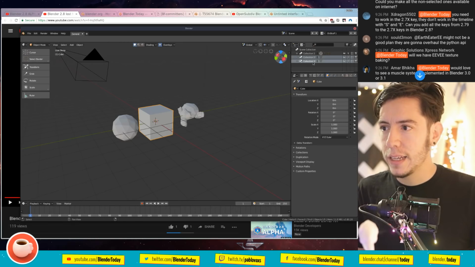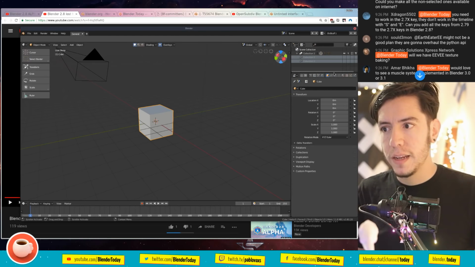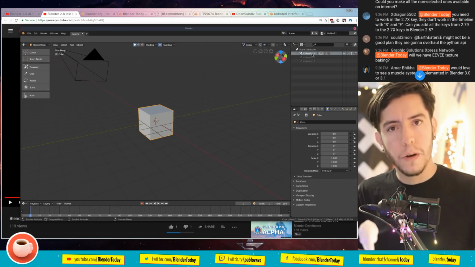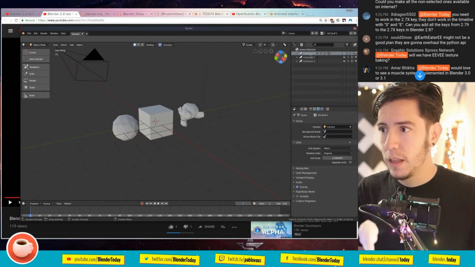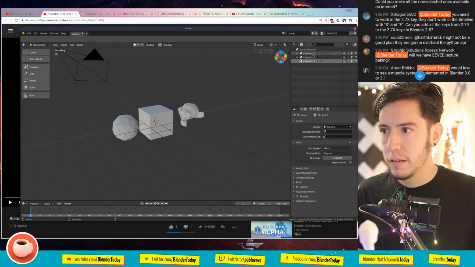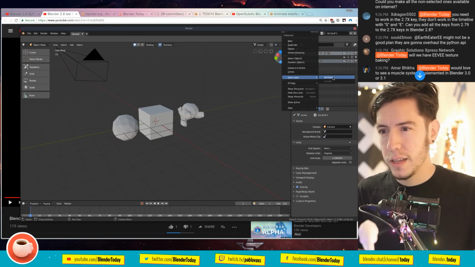So I select the collections that I don't want, right click, view layer, exclude. It means this view layer now only has collection number 1. Then I go to view layer 2, and I only want collection number 2. So I select number 3, shift select number 1, right click, view layer, exclude.